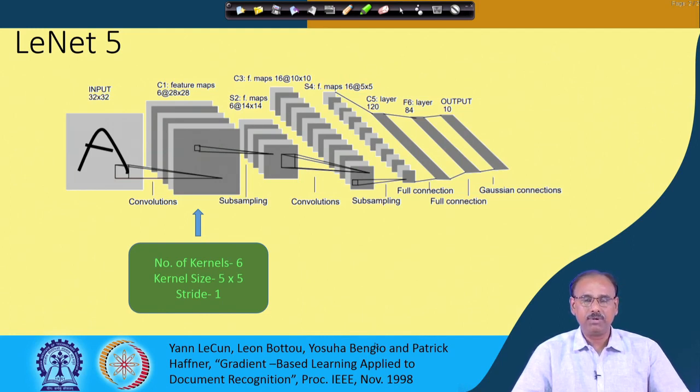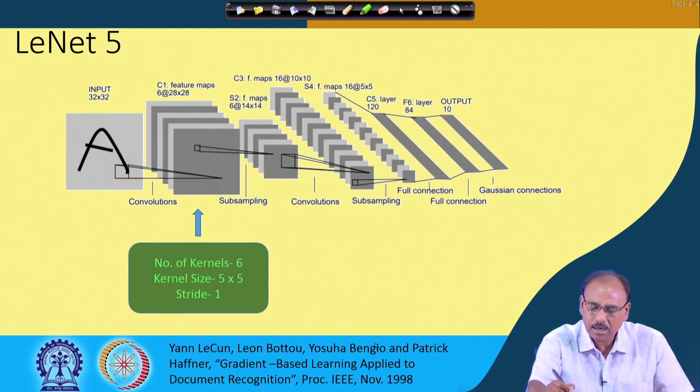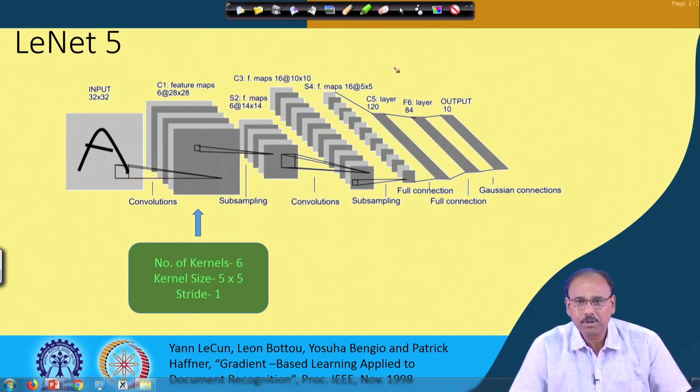And usually what you do is these extra rows and columns contain element values which are 0. So that is 0 padding, so that the size of the output feature map remains the same as the size of the input. Now I'll just try to mention in this case how you compute the size of the feature map given the input feature map size and the size of the kernel as well as